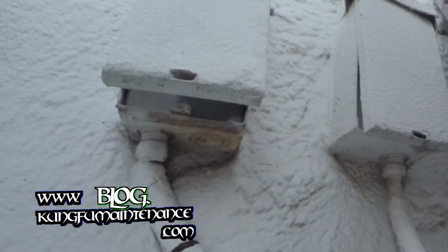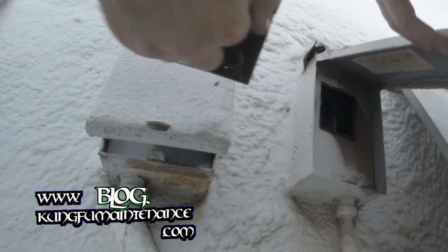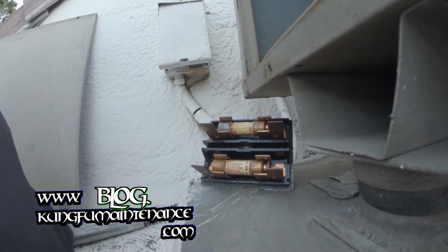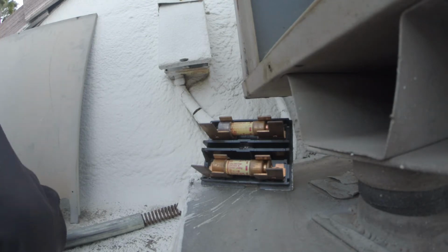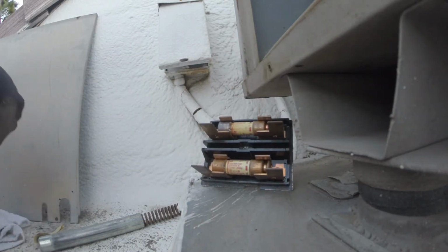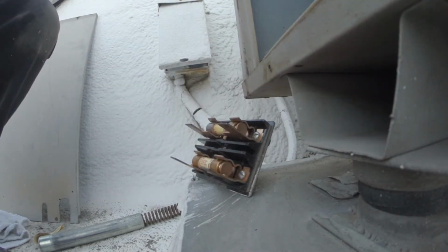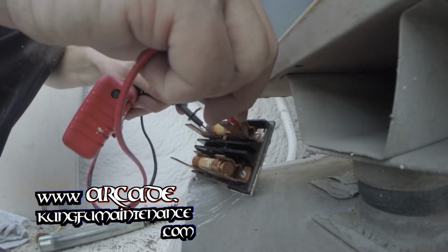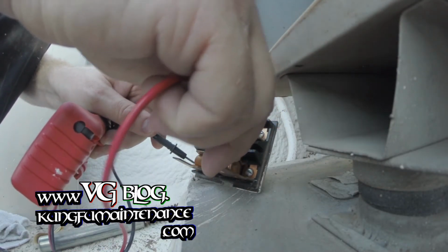Okay, so now I'm gonna change this set of fuses. And I can actually test these first. Most likely it's blown. Let's see it please. It asked me what would happen if you accidentally pulled the wrong disconnect actually just yesterday. Well, that's what would happen. It would shock like that. Not too good. Anyway, testing this here, we got continuity there and we got continuity there. Okay,